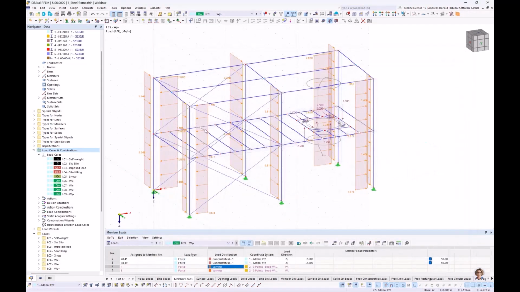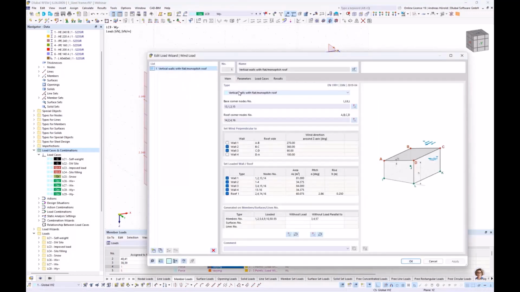Okay, it looks quite good for the columns, but the load on the roof is missing. Because the purlin is parallel to that platform beam. How to correct it? I double click on any load, and we create another list. I copy that list